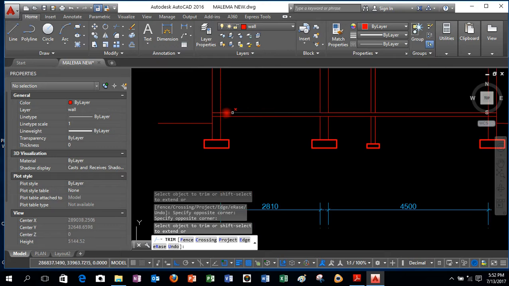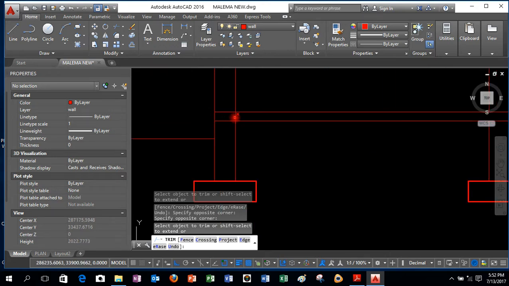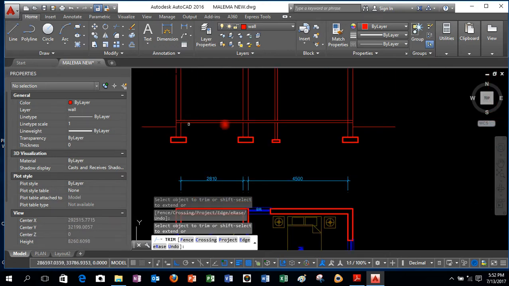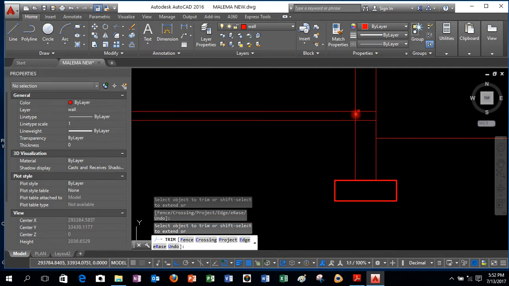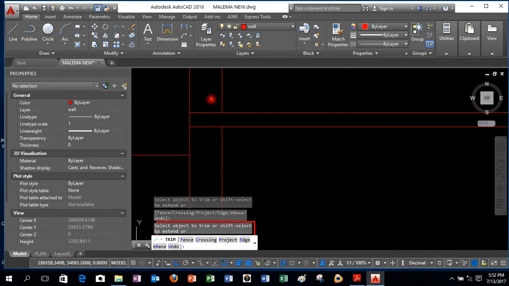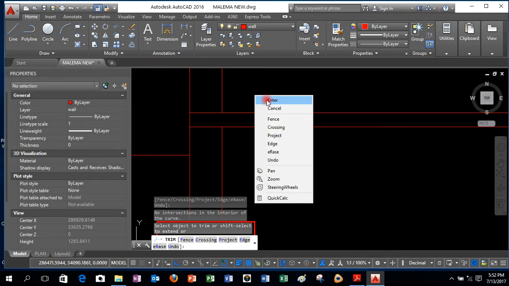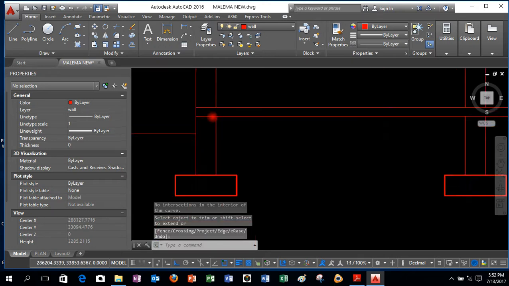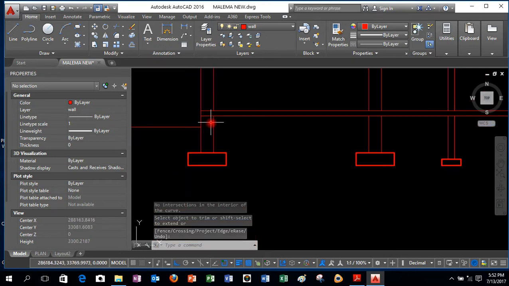In this case we are assuming that the walls are stopping below the slab, and then you have other walls going in another direction. So that's what we have. And next is we can draw the